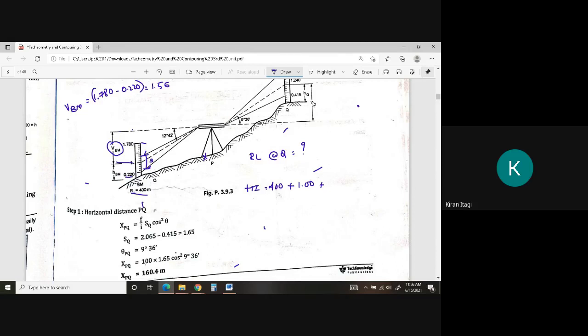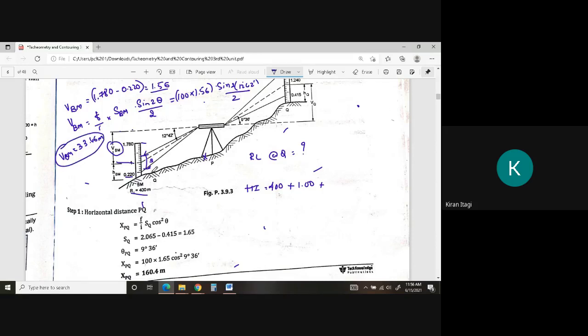And we have the formula VBM equals f upon i multiplied by SBM into sine 2 theta by 2. Just now I have shown you. Substitute all these values: f upon i is how much? 100. SBM is how much? 1.56. Then sine 2 theta is how much? 12 degree 42 minutes, divided by 2. So VBM, how much are we getting? That is 33.46. We have to remember the formulas.